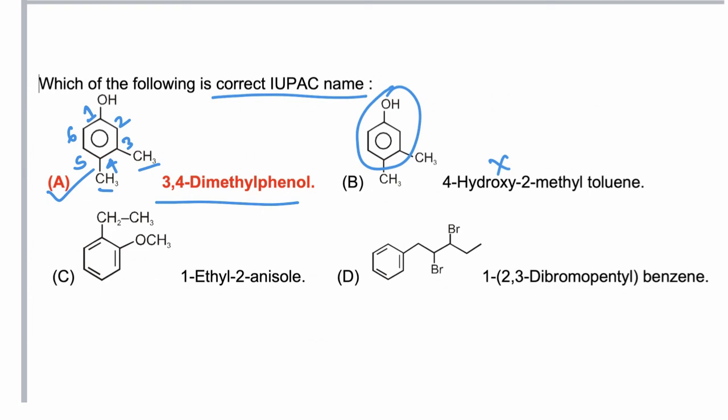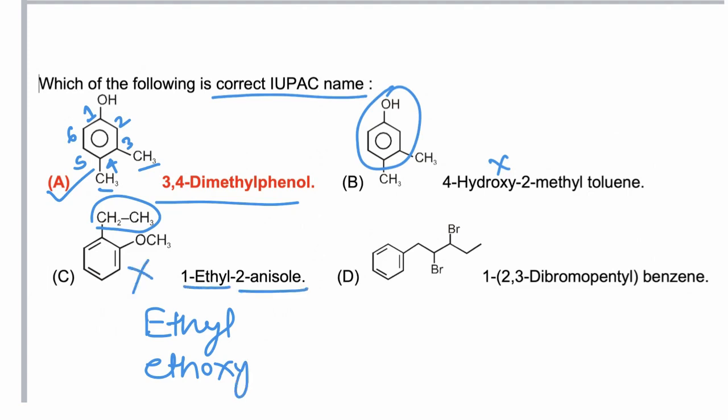Now in the third case we have ethyl and ethoxy. So ethyl and ethoxy are substituents. 1-ethyl-2-anisole is an incorrect name, while its correct name is from ethyl and ethoxy. Ethoxy is given higher priority. So the name of the molecule should be 1-ethoxy-2-ethylbenzene, or it can also be written 2-ethylanisole. So